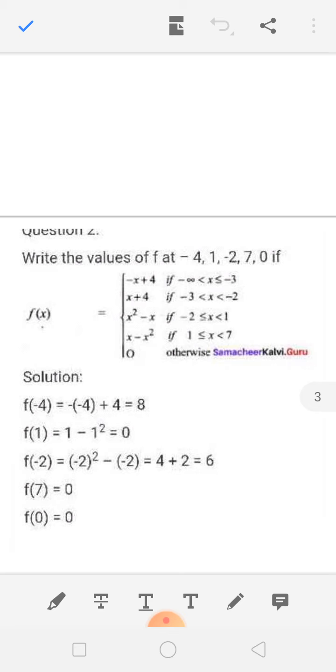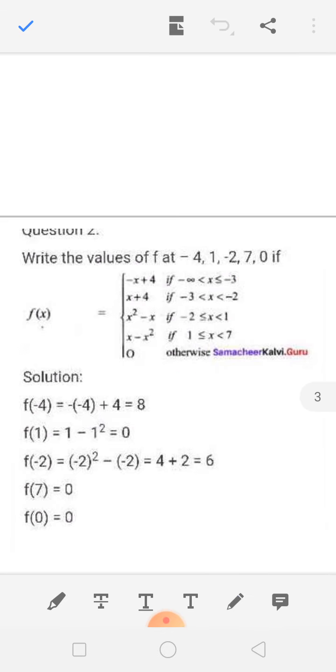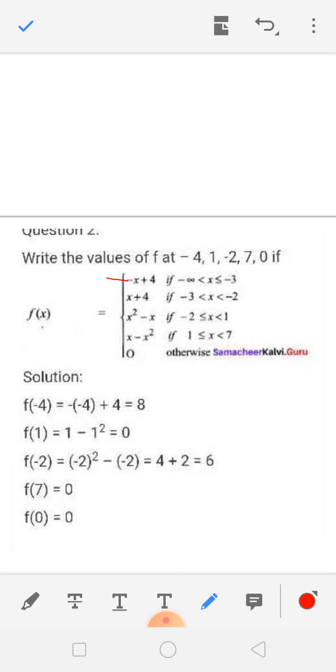So how can I use the first function, second function, third function, fourth function, fifth function? Because of this interval only. Suppose the x value is from minus infinity to minus 3, then we can use the first function, and the next one, from minus 3 and minus 2, we can write the second function. If you don't understand, for example,